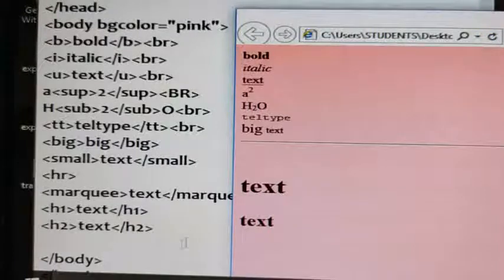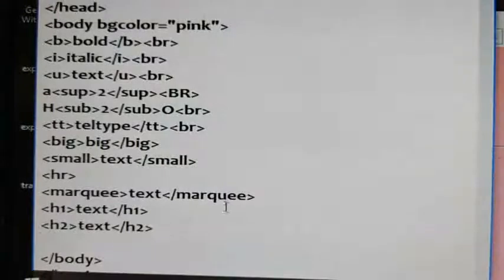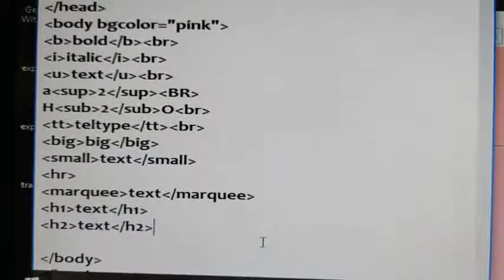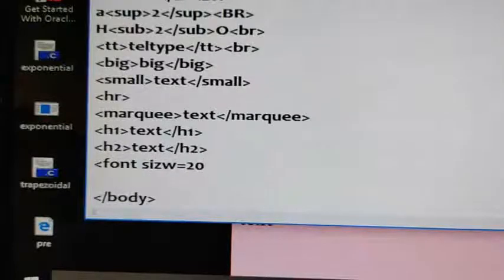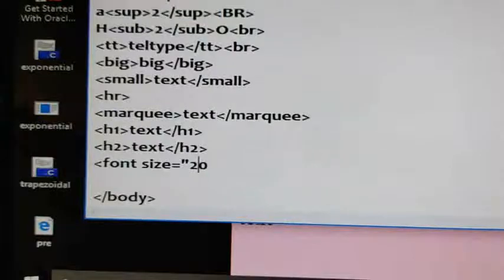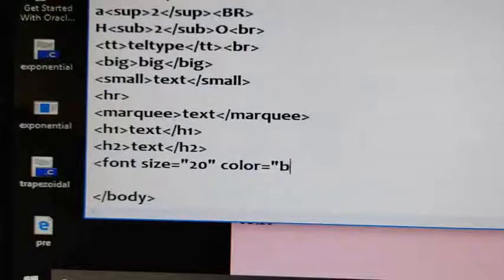See, text and text. In order to change the style of the text, we have one more tag called font. With font, you can change the font style and font color. Here I am giving font size, for example 20 points, so size equals 20. Next font color, for example I am giving blue, you can give any color.